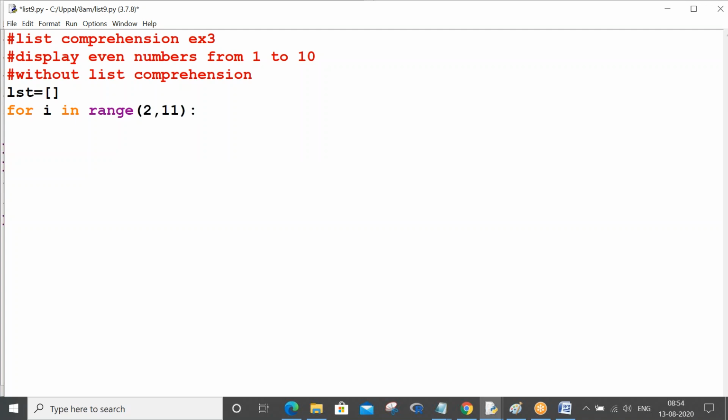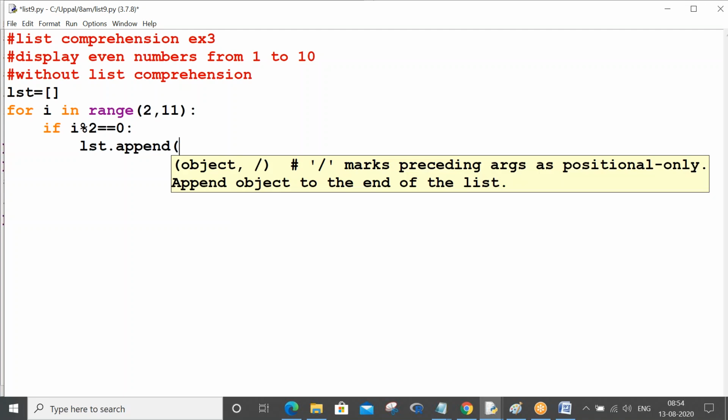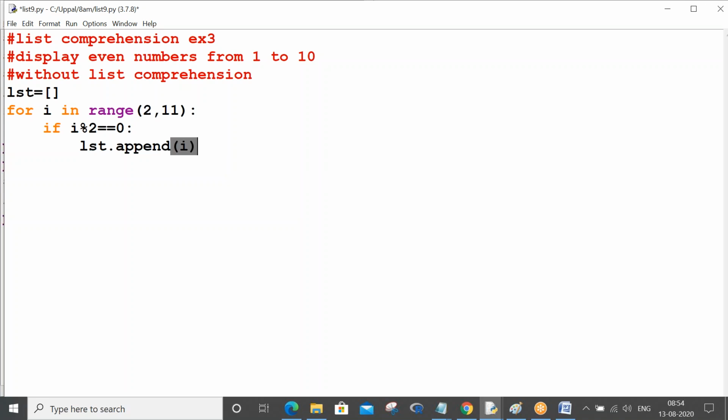What you need to do is if i % 2 == 0, then only you fetch that into your list. Append that into your list. So first time 2 will go, second time 4, third time 6, likewise.